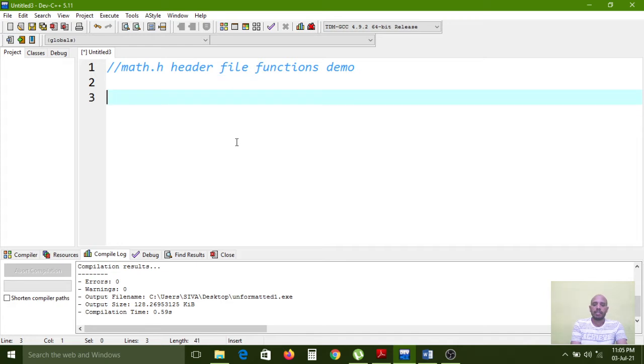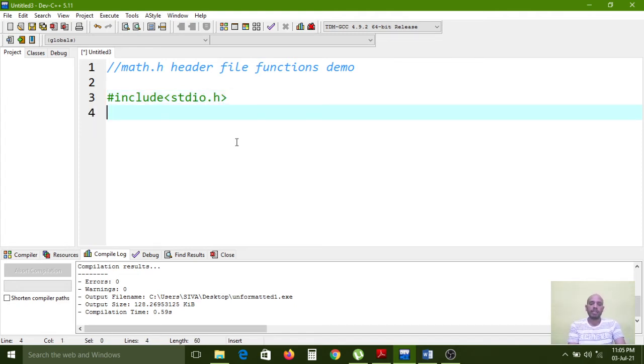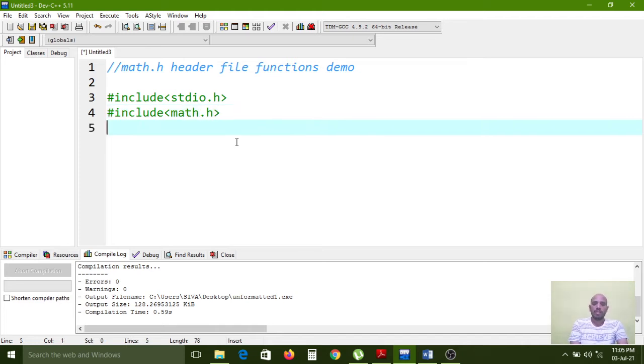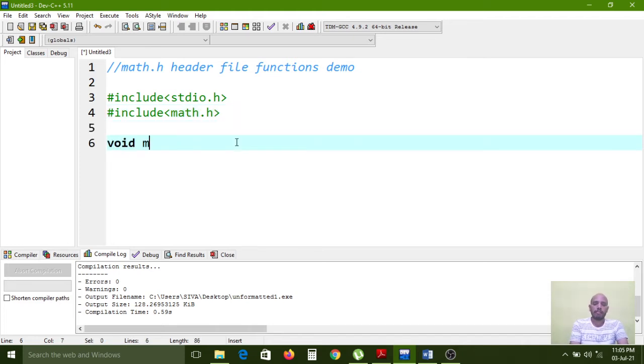First I want to declare the default library stdio.h, and next, since we want to do some mathematical operations, I want to include the math.h header file also. After that, the void main function, this is the executable function.